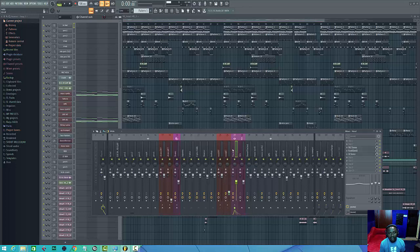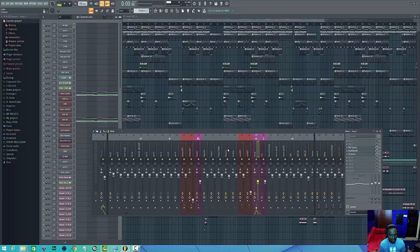And then, of course, I have my main vocal bus where everything is routed. All vocals are routed to it, and I have a couple more plugins in that bus. So for me, the vocal is the main instrument in a song, and I like to start with my vocal. After my vocal, I go to my drums. So if we solo this vocal bus,